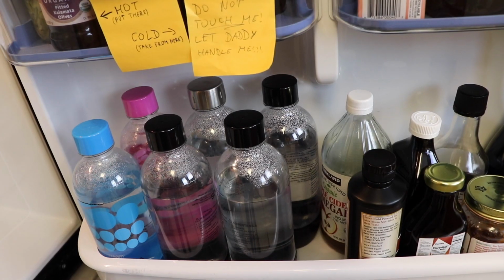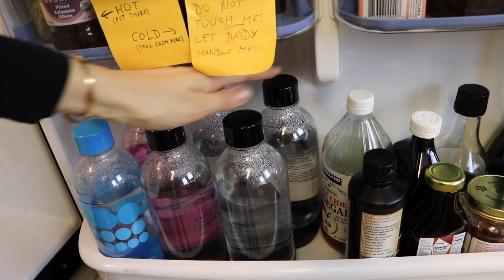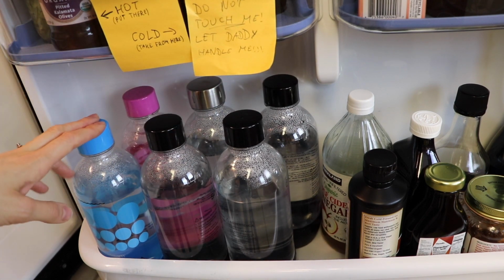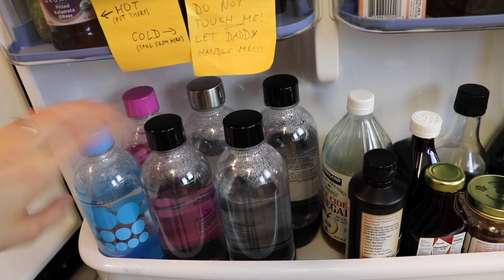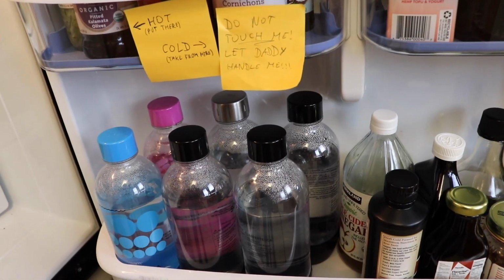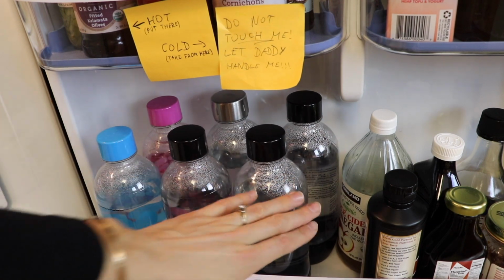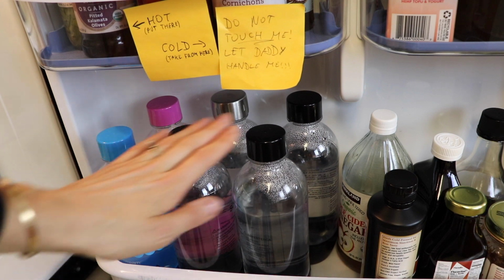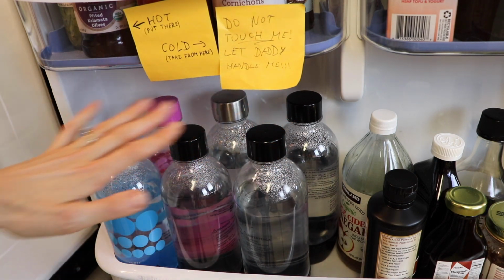All right, and finally, we are down to the bottom shelf. So we've got a Soda Stream. So we have our cold bottles of water here. We chill our bottles of water before we actually bubble them with the Soda Stream machine. And my husband is very particular about the Soda Stream bottles. So we have hot, put here, cold, take from here. Do not touch me, let daddy handle me. I have been yelled at many times about putting the Soda Stream bottles in the wrong location, so that's kind